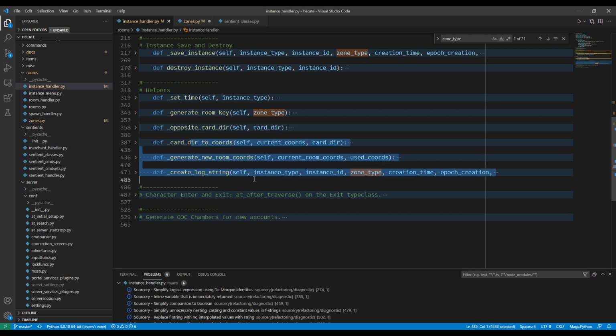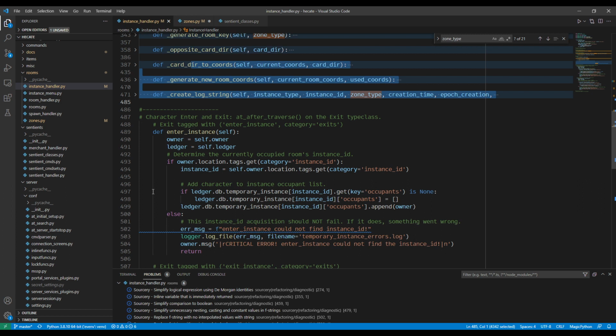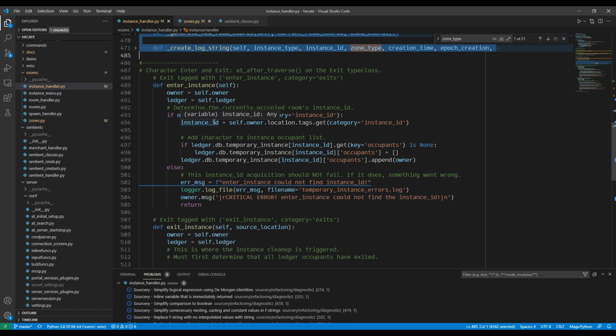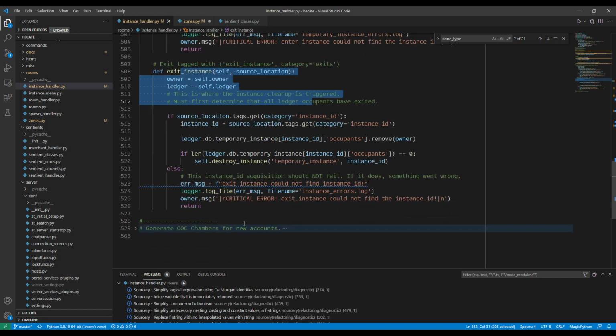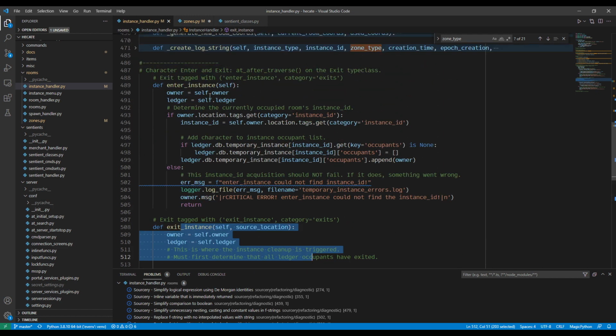And then I already went over these a little bit earlier. Okay. Here we're going to get into some of the meat and potatoes. This is what determines how many people are currently in the instance and whether it becomes empty. So entering the instance and exiting the instance will execute these 2 blocks of code. Whenever a character enters the instance,